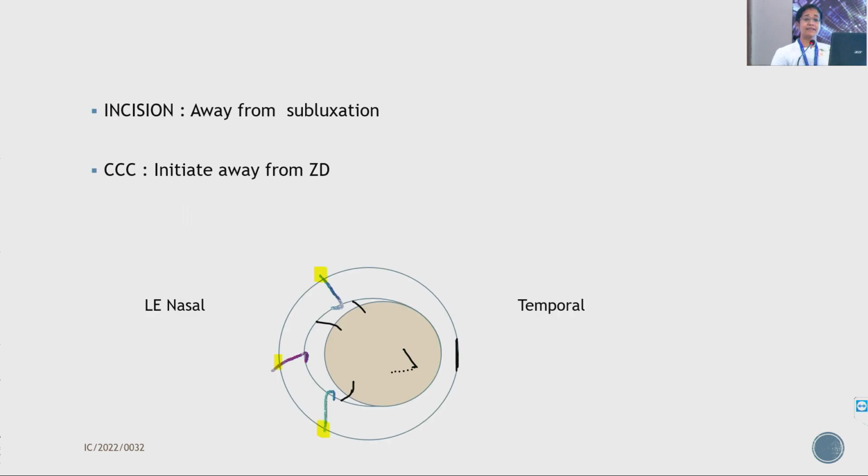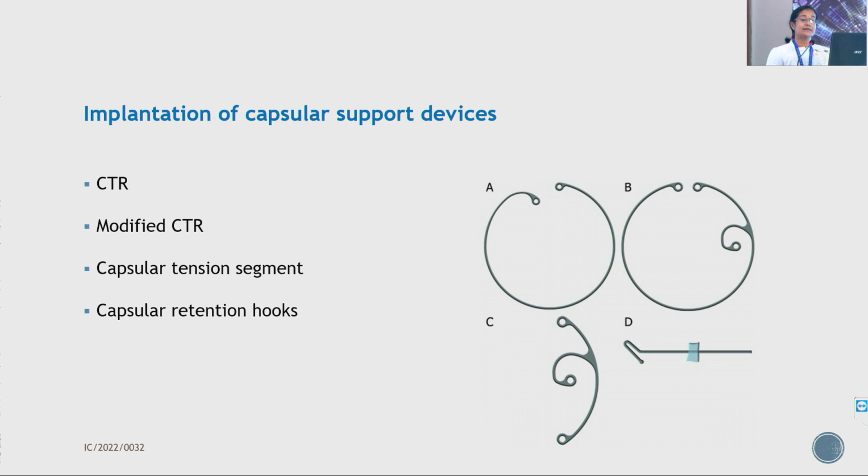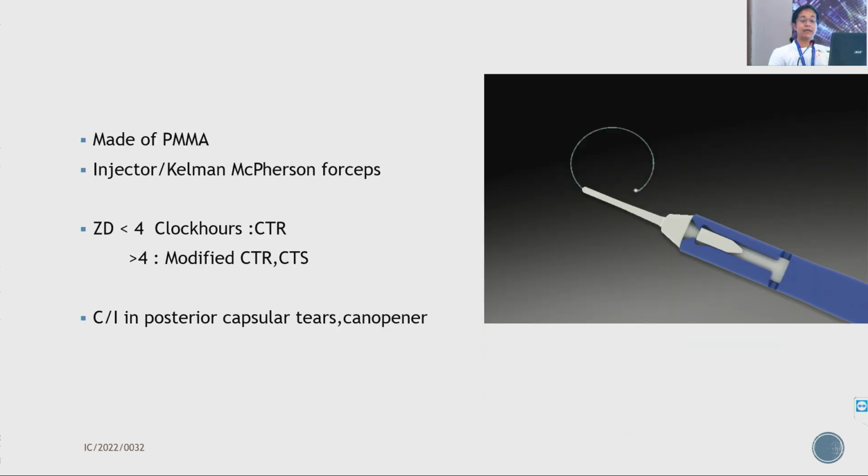The incision and the rhexis should be ideally initiated from the zonular dialysis. Every time this may not be possible. And any time after the rhexis, we can implant capsular support devices. It may be a capsular tension ring, a modified capsular tension ring, capsular tension segment, or capsular retention hooks. So these are made up of PMMA. They either come as a preloaded system in which they can be injected into the equatorial area or inserted via